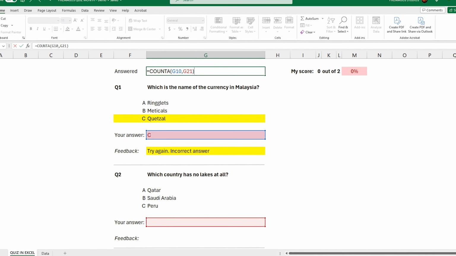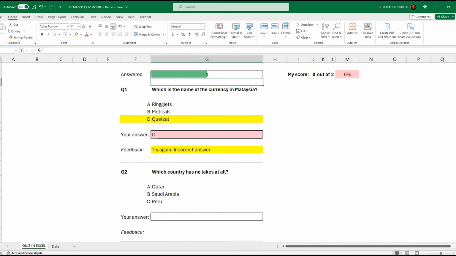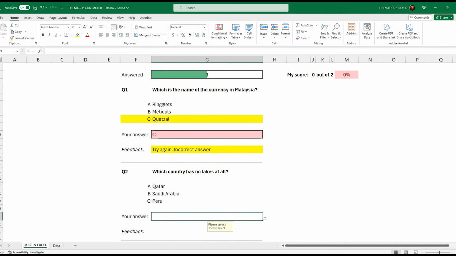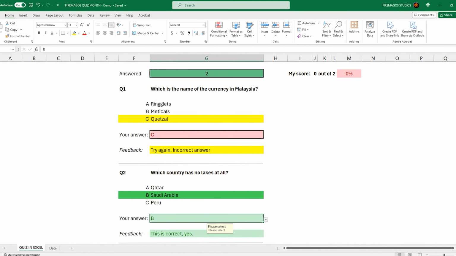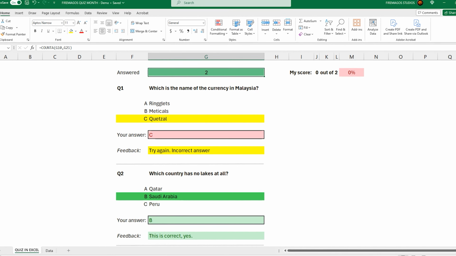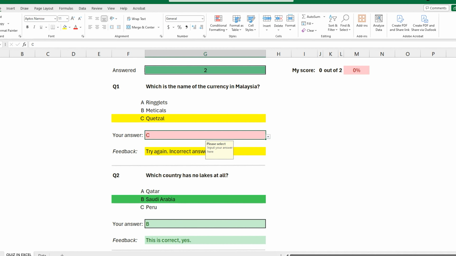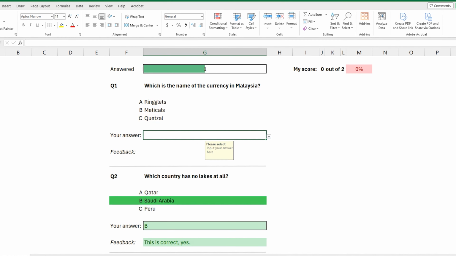We close parentheses, hit enter, and that's it. We can see that now we have only one question answered. If we add the second one, we have here 2. It doesn't matter if the question is answered correctly or incorrectly, only if it's answered.